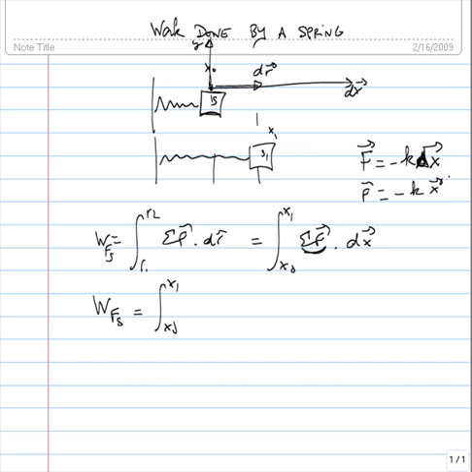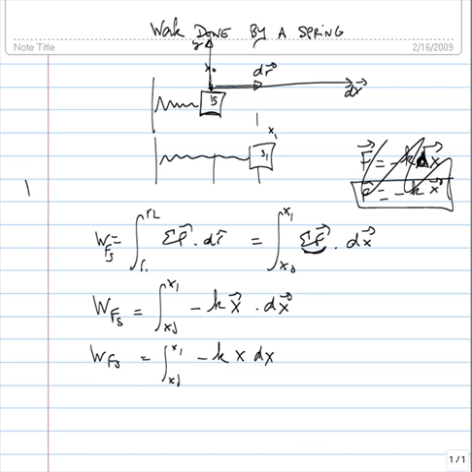Now either you use this functional form, therefore you put minus kx dx, and that's fine. You will end up with the integral from x0 to x1, where this is a constant, and x vector dot dx vector i, they're both parallel, pointing in the same direction, therefore this is just x dx. Bang, done. Or you can think of it as, instead of using this, you know that F is just kx,